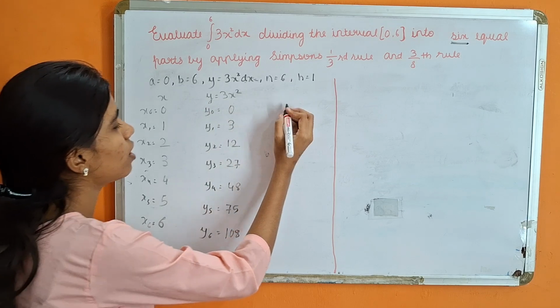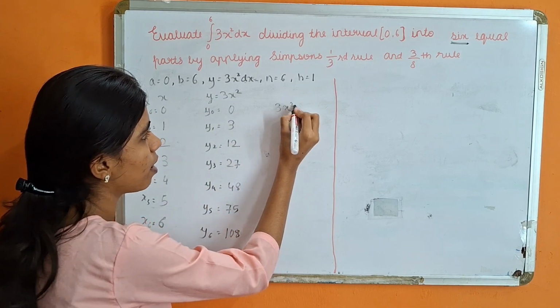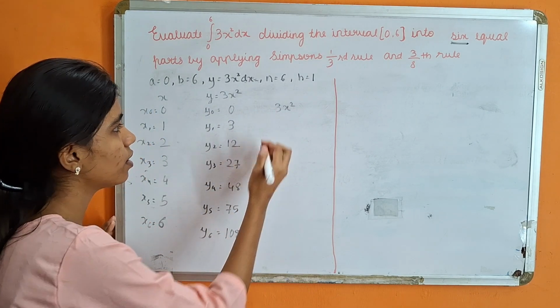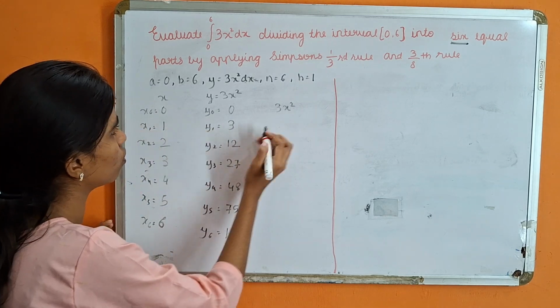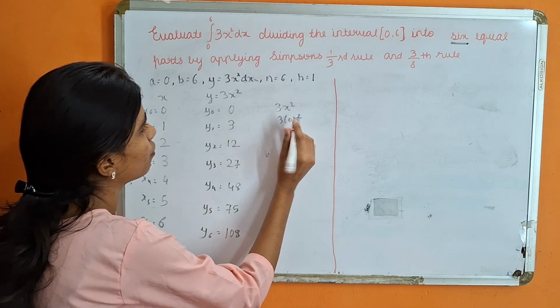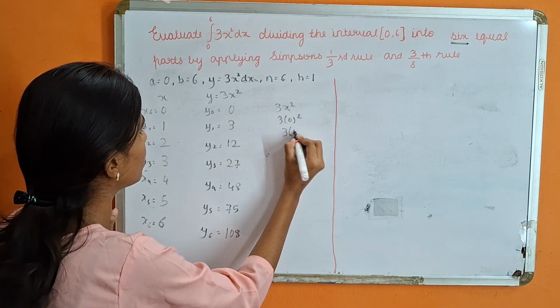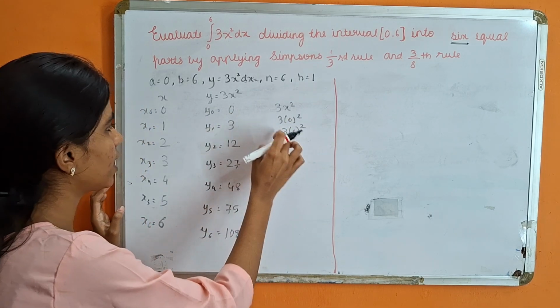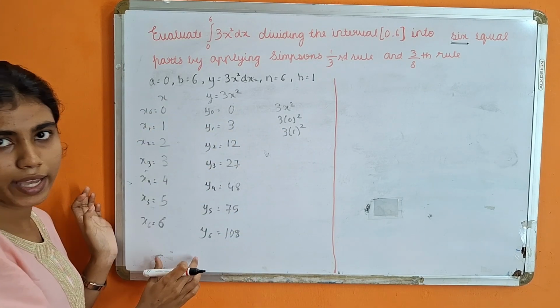See, in this equation now I have put, I will give you one example. I have put 3x square in the calculator and the value of x is 0. Then the value of x is 0 square. Then you get the value 0. Now for the same thing, if you put the value as 1, then we get 3. Like that you got all these values through these x values.